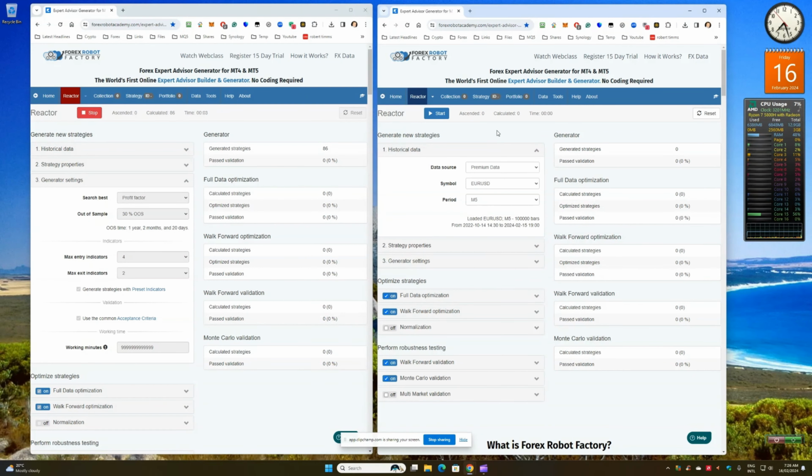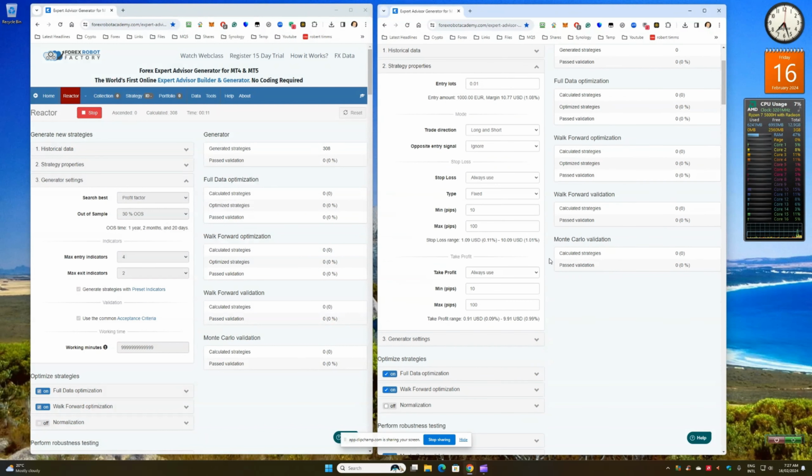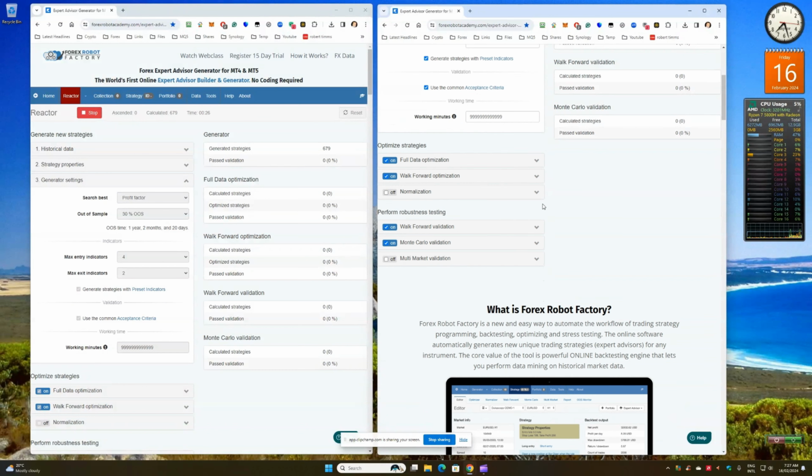Okay, the second one is the M5 chart, the 5-minute period that we're looking at. Let's check the system, make sure we've got everything set up correctly. So we're using stop loss, that's already set. Take profit already set, I'll change that to 200. So minimum stop loss is 10 pips, maximum is 200. Generator settings,